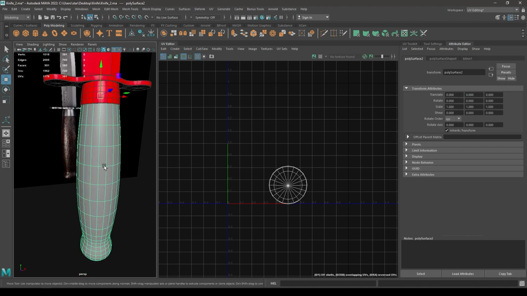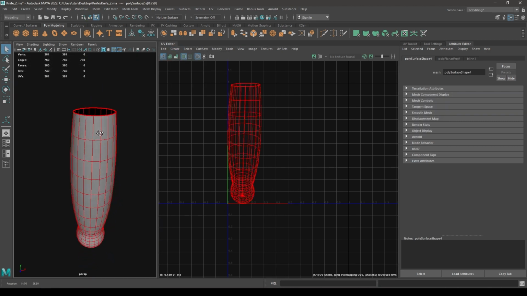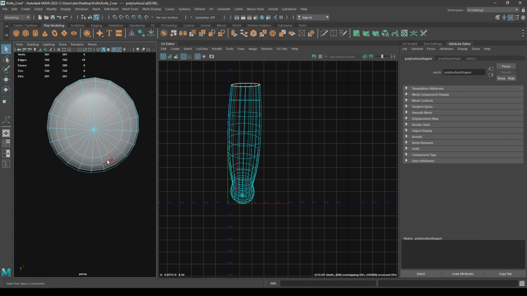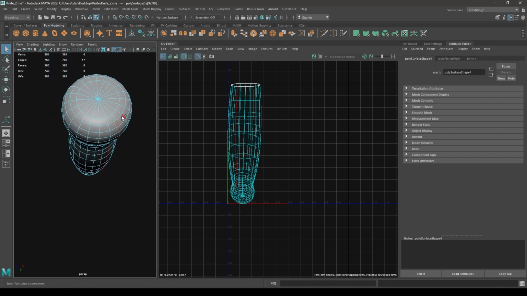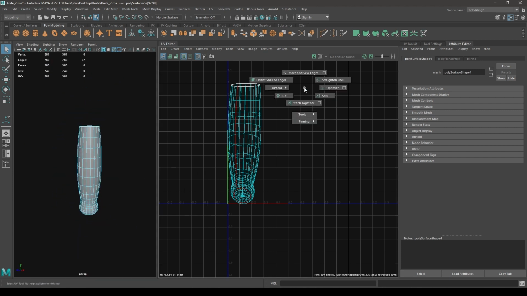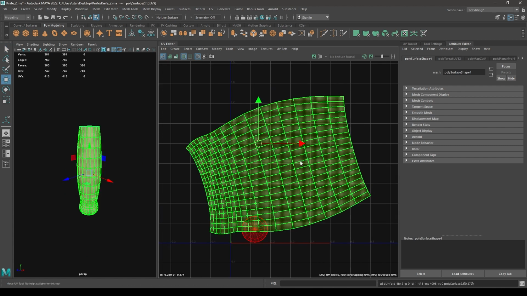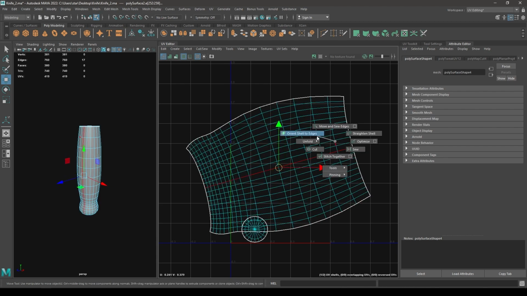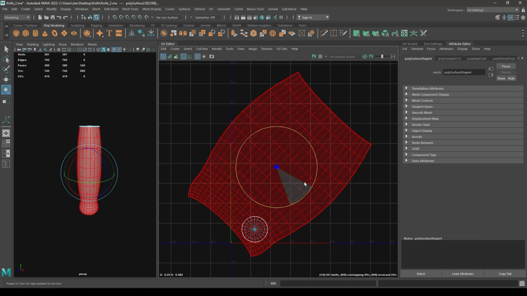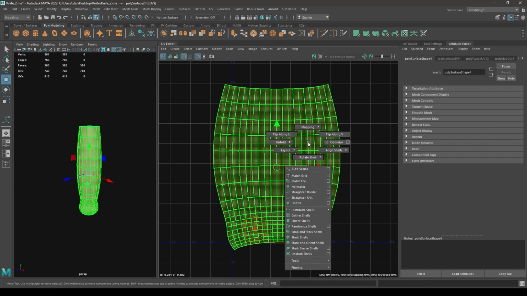and at last let's unwrap this. So isolate it and go to create, then camera based, and select this edge for the seam, deselect it here because we are going to create one seam here for this bottom part, and go to edge mode in your UV editor, then cut it, go to UV shell, then unfold, select this middle edge and orient shell to edge. Now you can select and rotate it like this, select both of them, then layout,